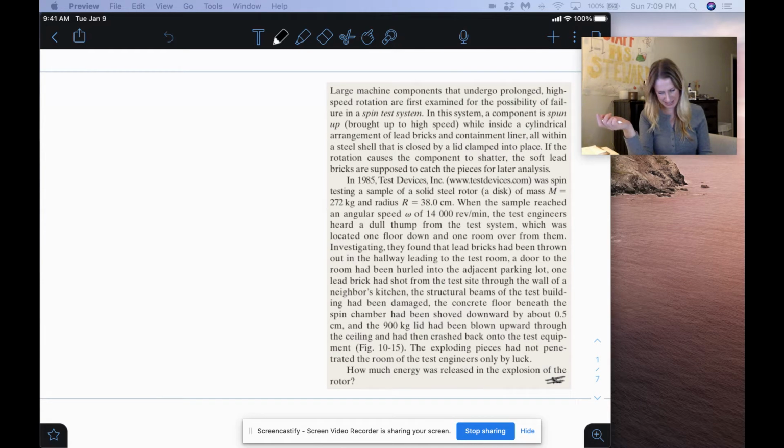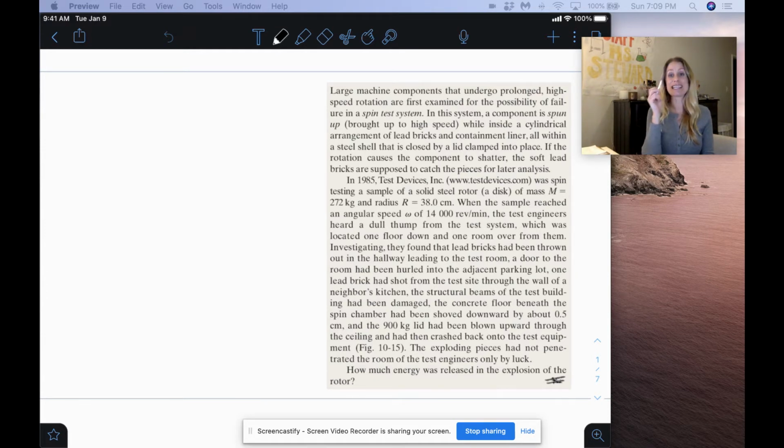a spin test system. In this system, a component is spun up or brought to a high speed while inside a cylindrical arrangement of lead bricks and containment liner, all within a steel shell that is closed by a lid clamped into place. If the rotation causes the component to shatter, the soft lead bricks are supposed to catch the pieces for later analysis. In 1985, Test Devices Incorporated was spin testing a sample of a solid steel rotor, which